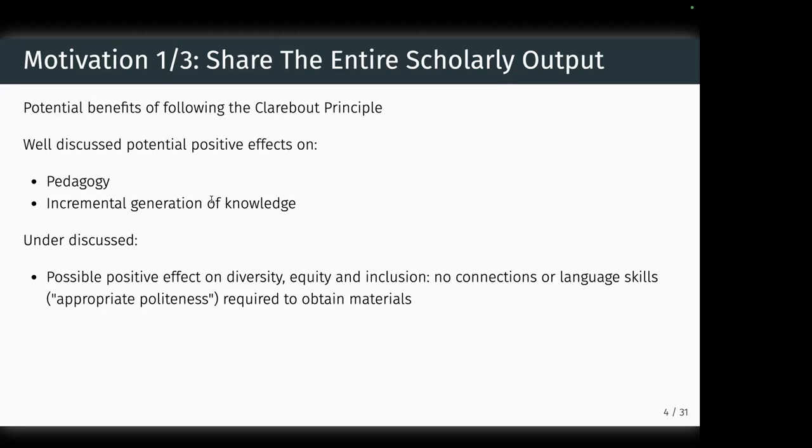When we think of accessing the paper, the main barrier before, and still, would be something like a gated paper that we need to pay for. That's a barrier that we need to reduce, and there's progress in the open access world. But now if you think of accessing the entire scholarly output, meaning the data sets and the code, until very recently the only way to access that was if you had the right connections for people to give you access to the data set or the code, or if you grew up in a culture where you would know how to ask for this with the quote unquote appropriate